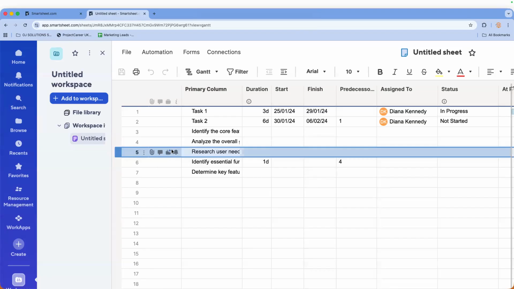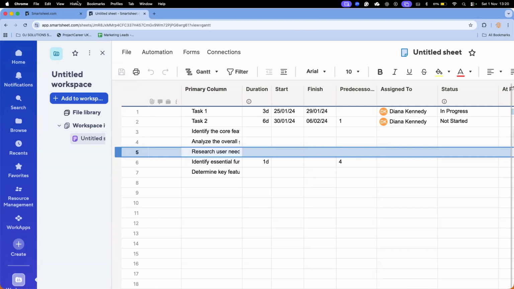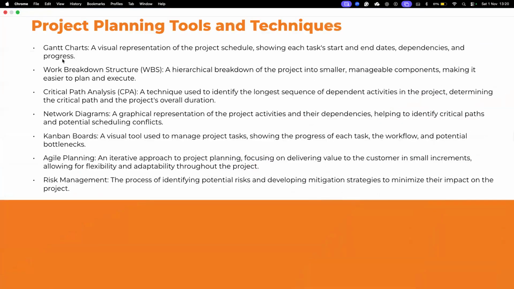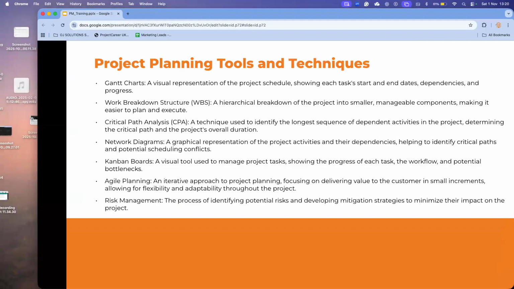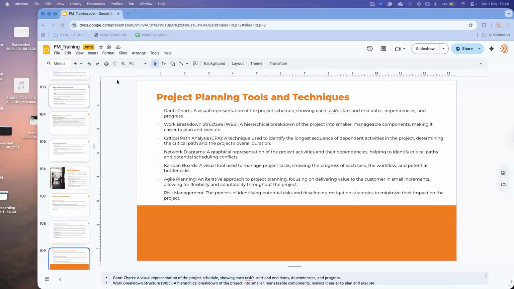Let's take this out of full screen. Okay, this should do it. Yeah, perfect. So everybody can see your screen now.